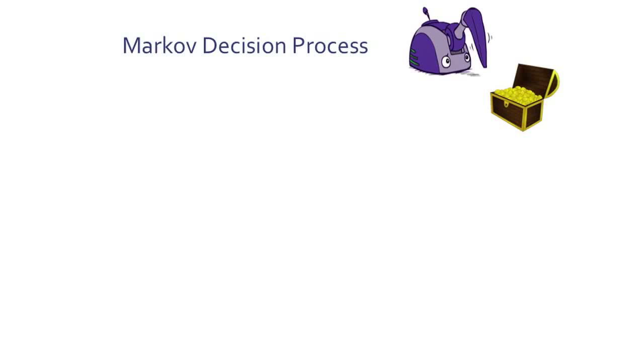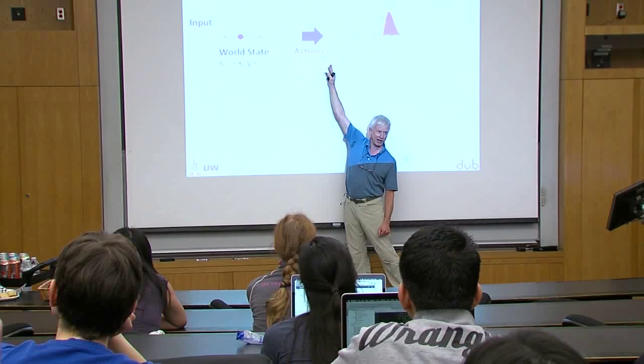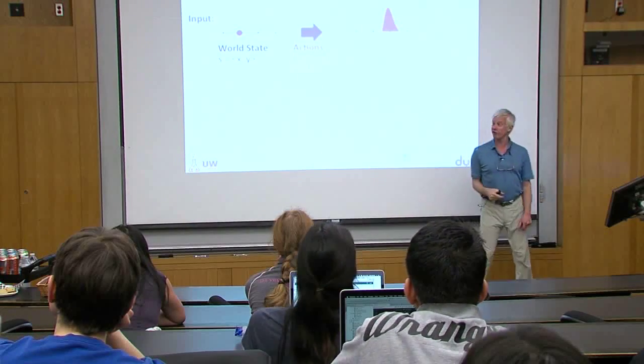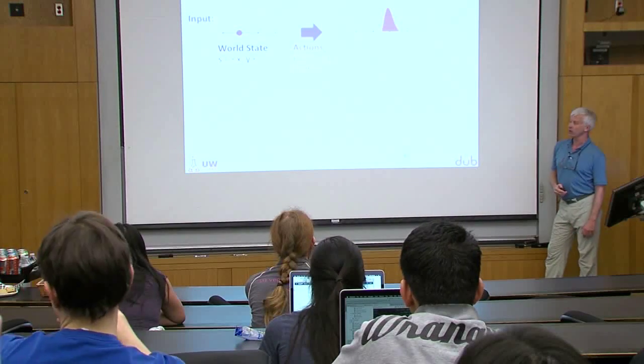Okay, so let me give a high-level description about POMDPs. I'll start out with Markov decision processes. The way to define a Markov decision process is first by defining a world state. So if we've got a simple robotic system, you might have an XY coordinate for the world state. We've got a set of actions, which could be moving in a particular direction. And since actions are uncertain because of noise in the environment, we represent them as a probability distribution. So suppose we're in a particular state at an XY position, and we execute an action, say move north, then we're going to have a probability of ending up in a number of different states. So we can think about that distribution on the right as showing where we think we're going to end up.